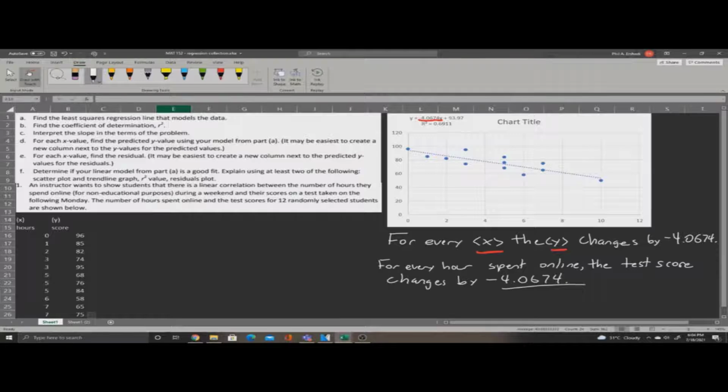Now for part D, we can make a prediction for all of the X values based on the equation that Excel gave us. We'll make a new column. We'll title it Prediction. At the top, we'll refer to the prediction as Y hat. Now underneath the prediction, we'll enter the equation Excel gave us. We'll begin it with equals. We'll enter negative